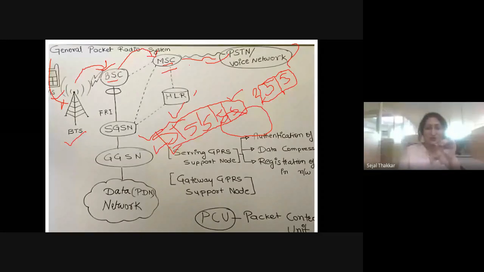The next is gateway GPRS. What is its responsibility? Gateway GPRS is nothing but your router. It works exactly like a router. Whatever information we are sending, that information is in the form of packets. In networking you have learned that data will be divided into packets, and every packet has its source address, destination address and packet number in a sequence.